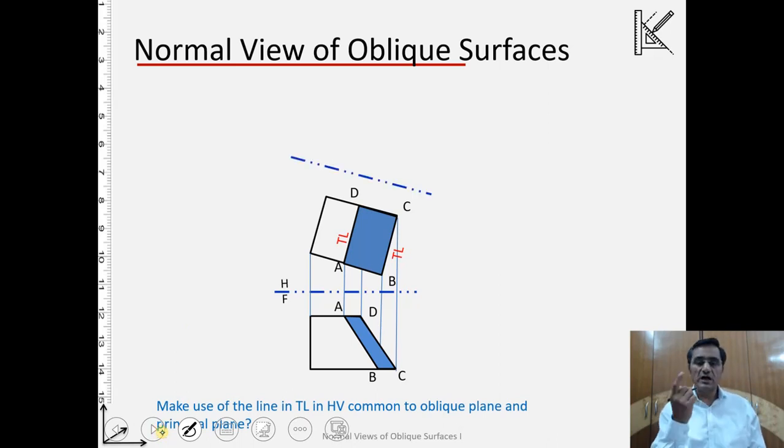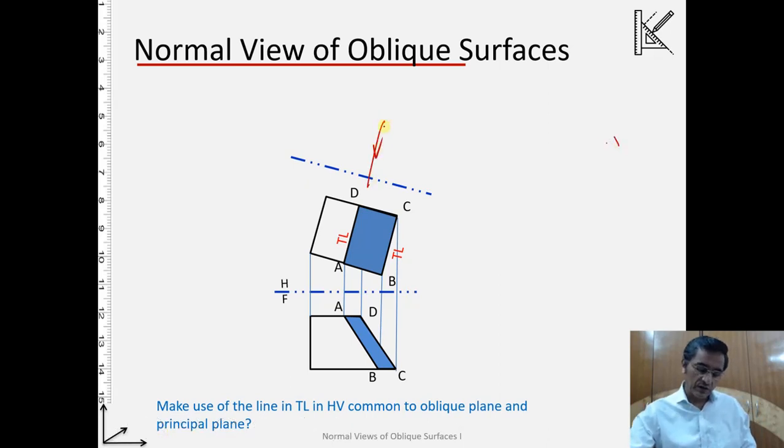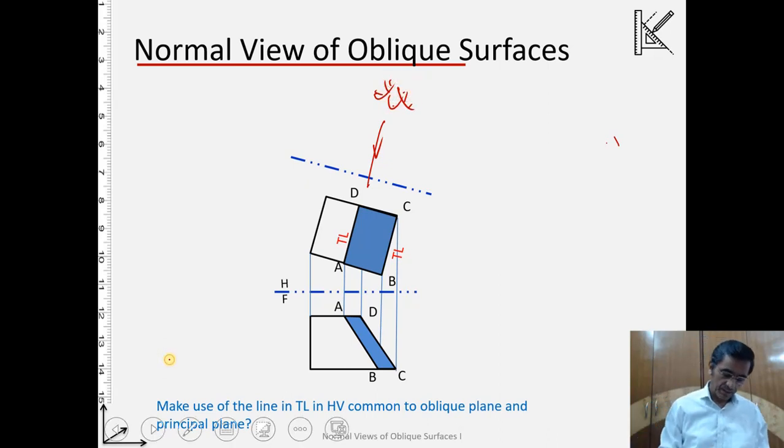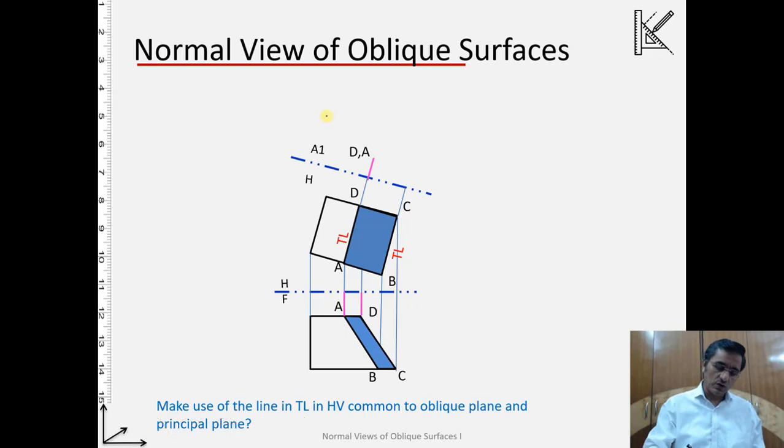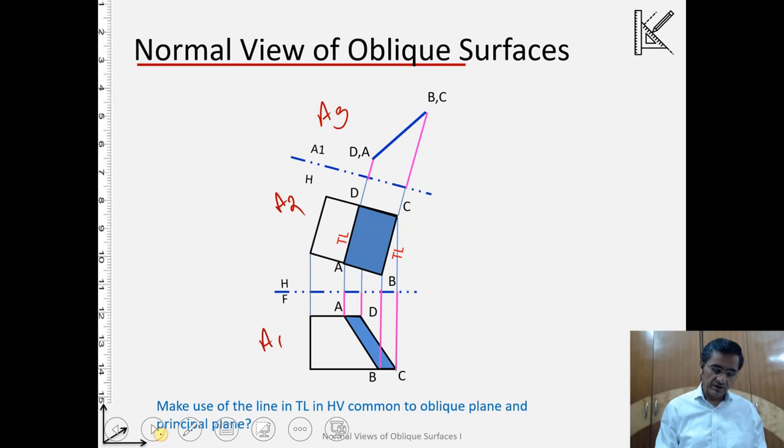They are true lengths. So to create the S view, I look into the direction of the true length, and we know that. So we are looking into this direction. That is how we are looking. Let us create it by taking the projectors and measuring the distances. In this case it is A3, A2 and A1 as per our definition, and by applying those distances we will get the S view of plane ABCD. Once we have the S view, we know how to create the true shape.